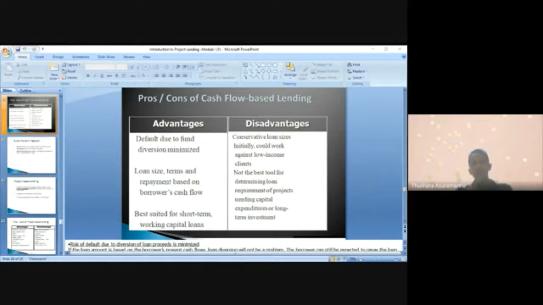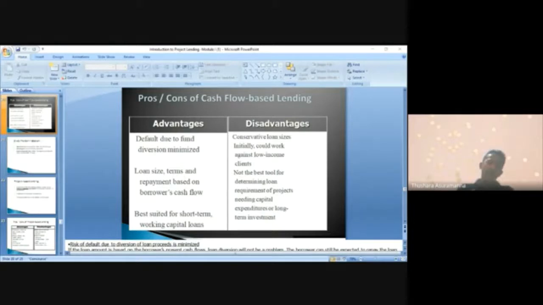Similarly with the other loans, because at present, how much you are generating, what is your cash flow, monthly, quarterly, annually, biannually, like that. So based on that, they will set the loan. Third, best suited for short-term working capital. That is again telling, because it's short-term, current-oriented, and you know how much you are going to generate. So based on that, you will provide a particular loan.